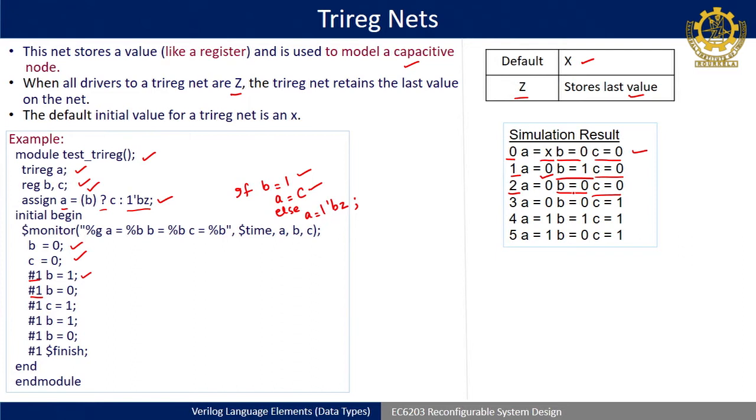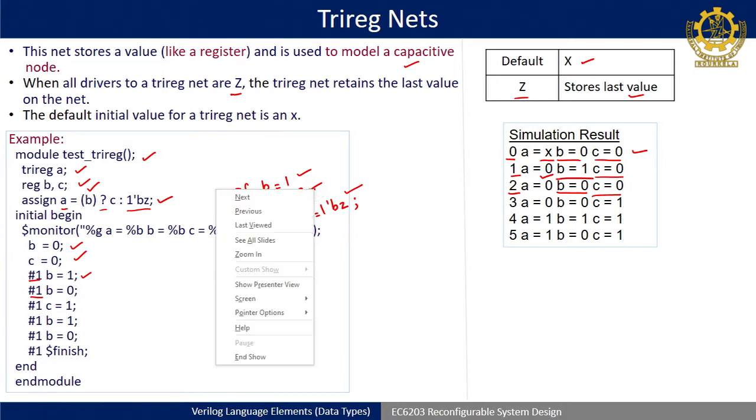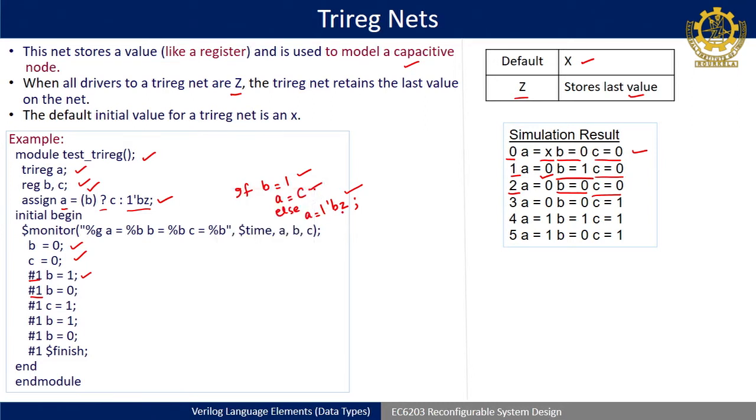Okay. Now as B is 0 now, what will be the value of A? As far as this is concerned, when B is 1, A is C. Okay. When B is 0, A is what? Z. So as I told, when Z is there, it will be used to store the last value. So the last value stored is 0 now. Similarly, in 3 time units, now my C is 1 and B is 0, the same case happening again. So B is 0 means again it is assigned with a Z output. So this is also storing the last value.